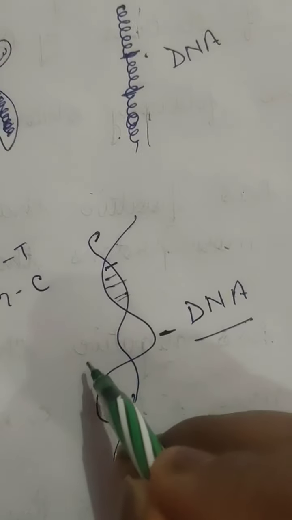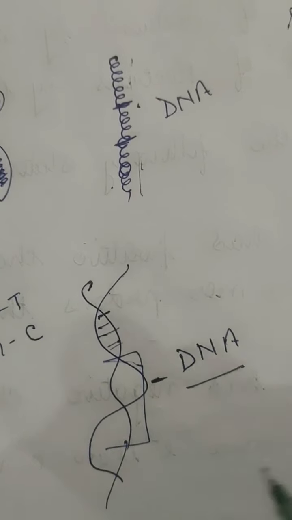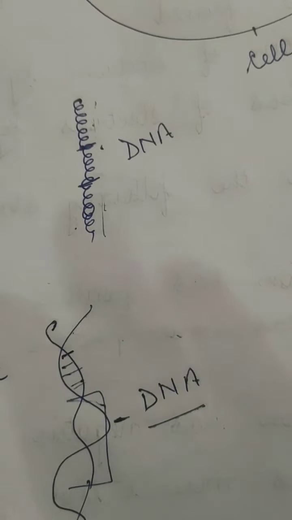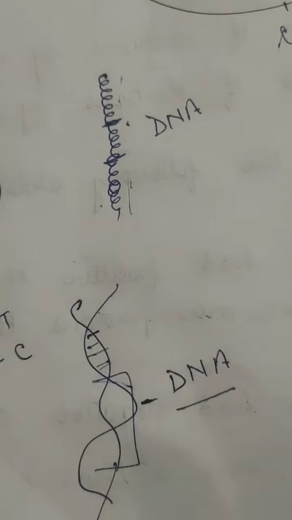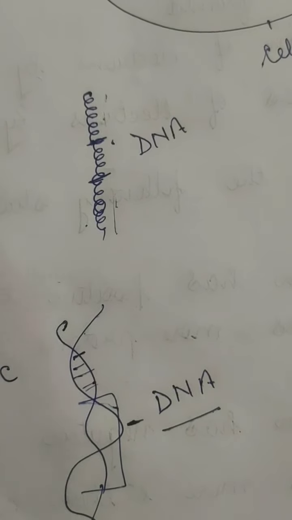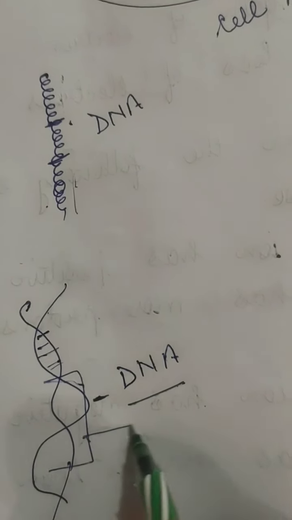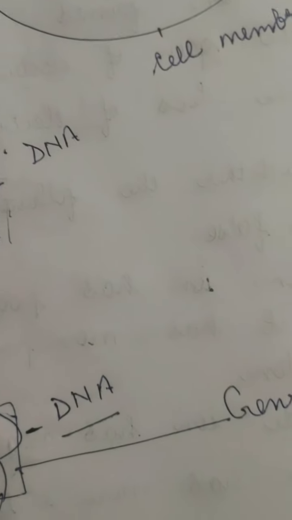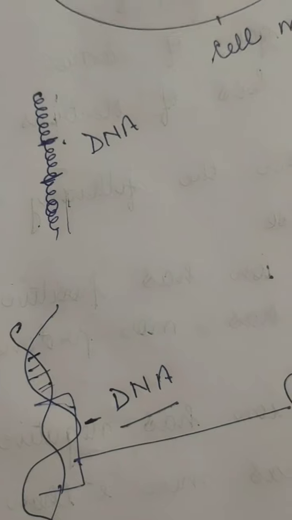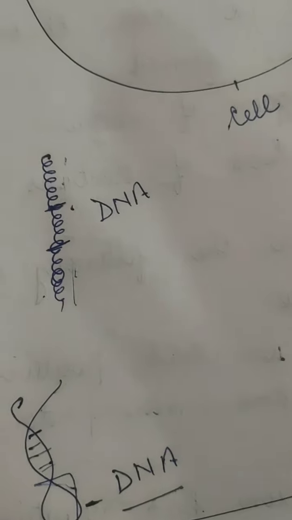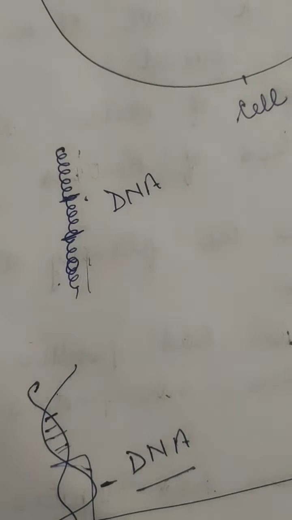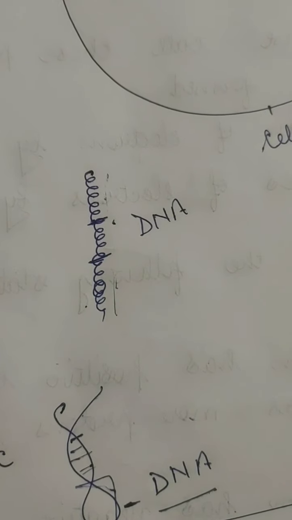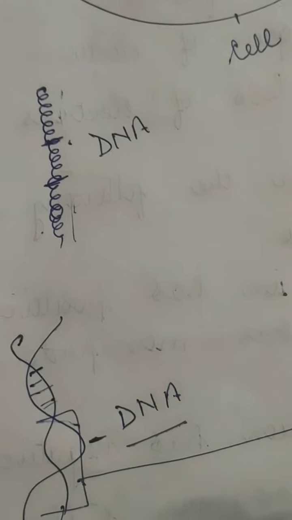So DNA has a segment which is the functional portion that has the particular characteristics. They are called genes. So genes are the part of the DNA which have the proper characteristics. Like I have a lot of DNA in my body. You also have a lot of DNA in your body. But if we have certain characteristics in our body, that is because of these genes. So these genes make RNA,